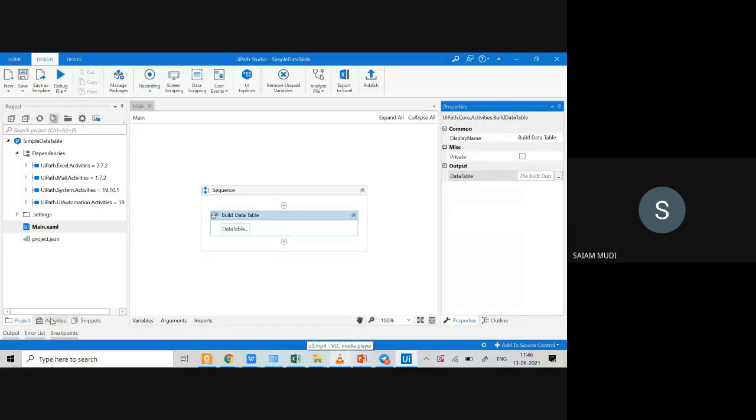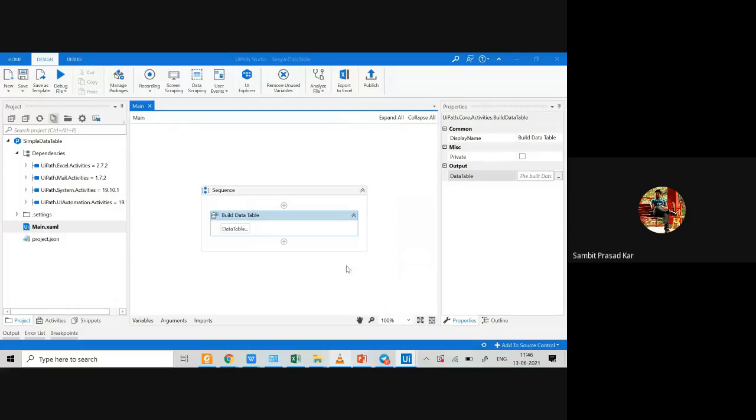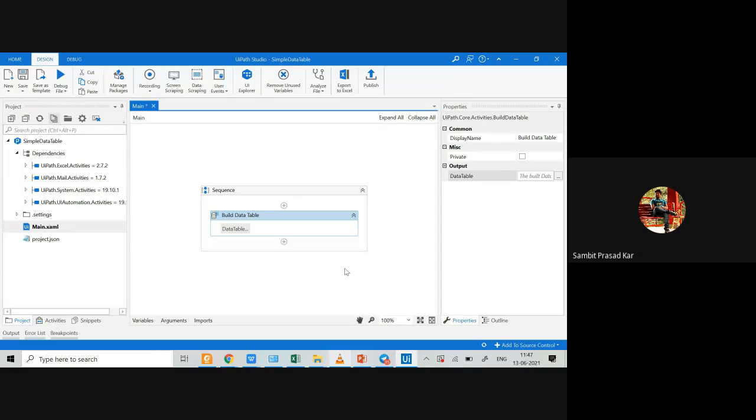सर लास्ट पे एक नहीं नहीं, सुनो, सेव करो, मतलब ओके करो, ओके करके फिर से खोलो, आएगा, देख रहे हो? 4, right. So now we have to store this in the data table.